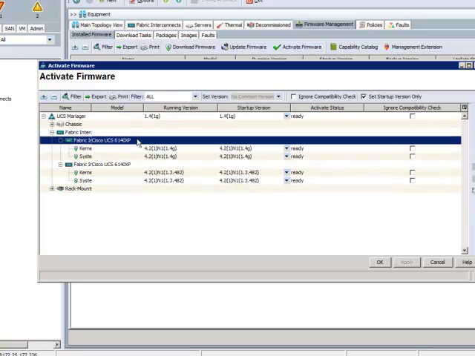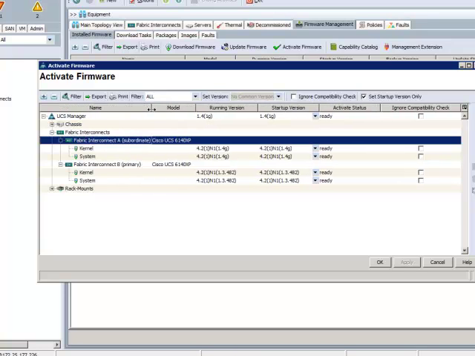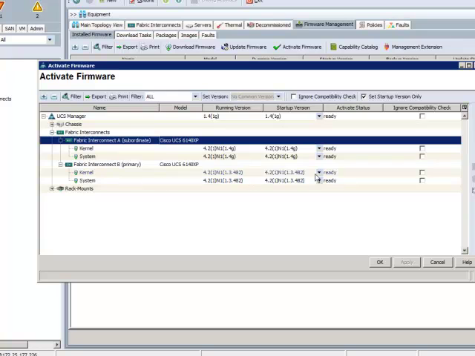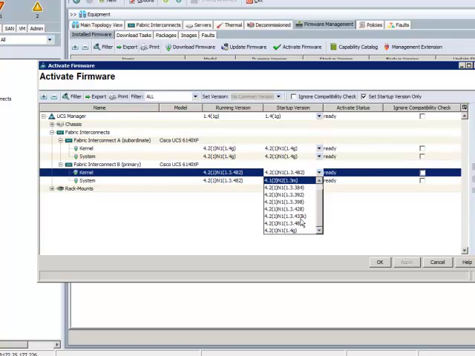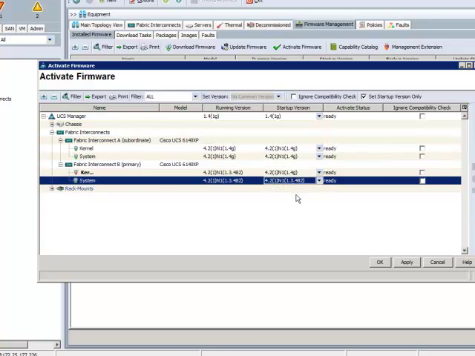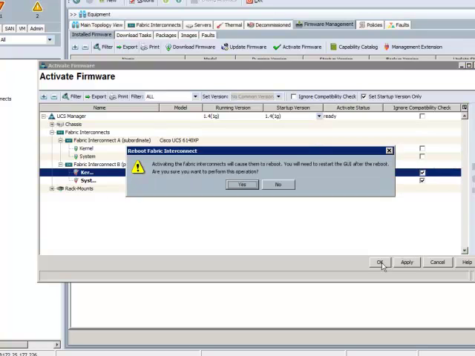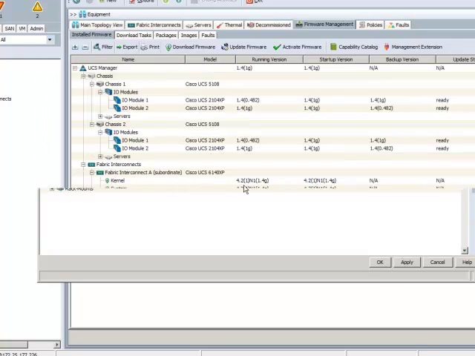So now we'll jump into the next step, and we see that our A side has been upgraded. Obviously I've skipped ahead a little bit in time here just to respect the viewer's time. And on the B side, this is our primary now, and we're going to do the same thing. We do the upgrade, but this is the device that's actually hosting the VIP that we're using, and again that